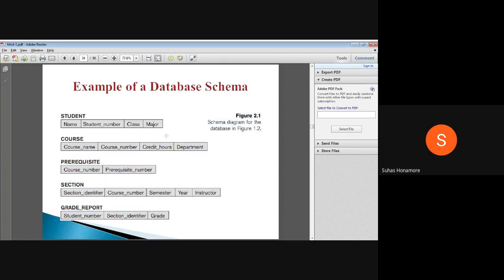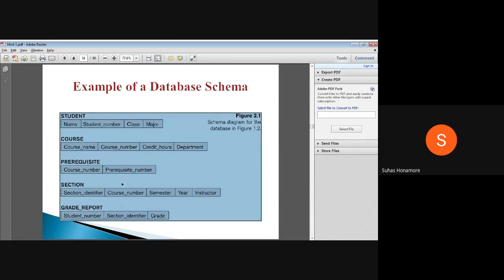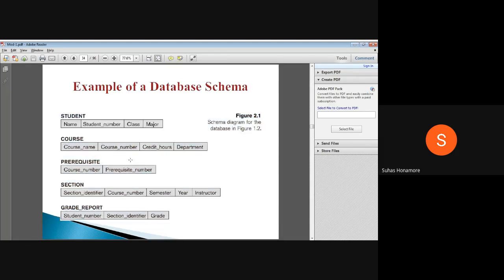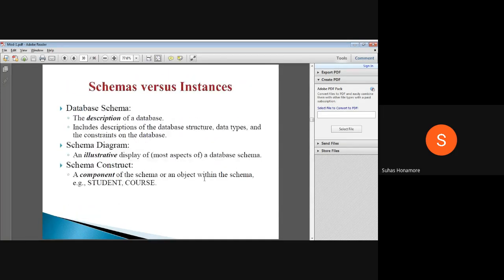So schema is nothing but the representation of our overall database. And diagrammatically, whatever we draw like this, this small diagram, we will call a schema diagram. Then one more thing will come, the instance. Here, instance is nothing but what the state is at the current time t, meaning how many rows are there and what values are there. In our database, whatever is there currently, we'll call it an instance.